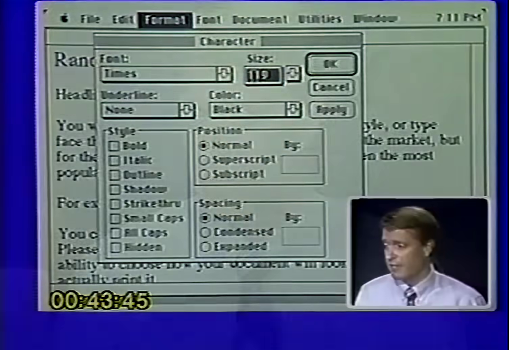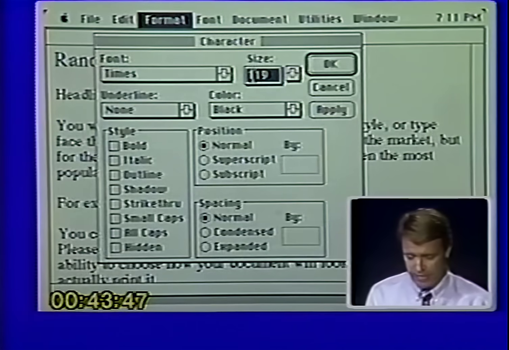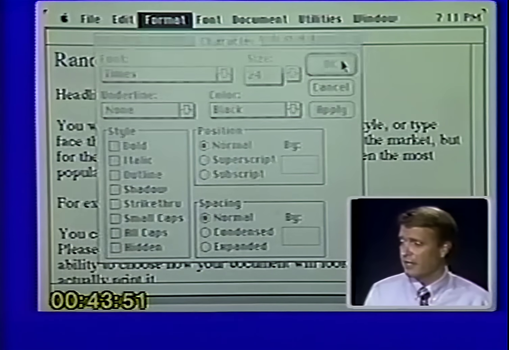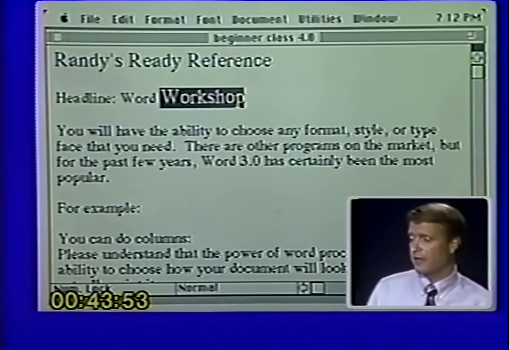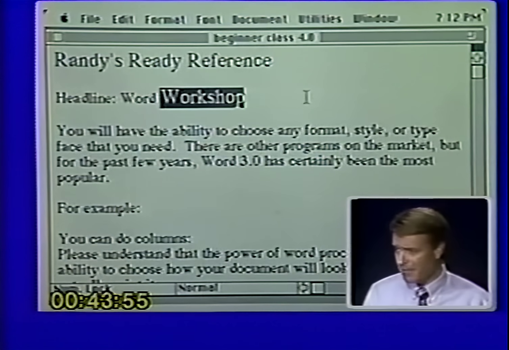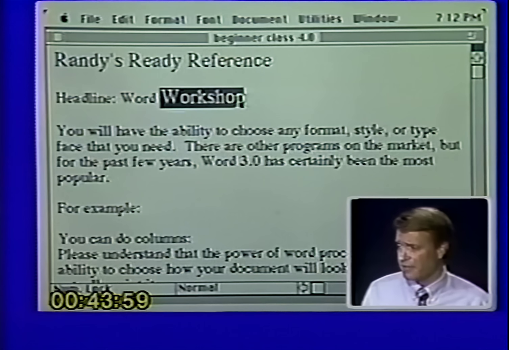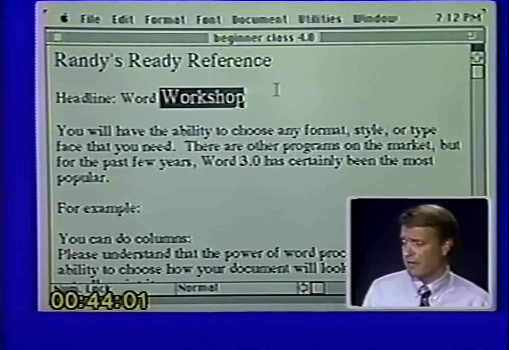So if you want larger sizes, just think about it. Find one of the installed sizes that's outlined, double it, triple it, quadruple it, and it'll always look as good as the smaller size. Okay, we don't want to keep with 119 points, so let's go back to 24 point and say OK. And now when we go back to our document, there we are at 24 point. Okay, so that is how you change the sizes and the styles and the fonts in Microsoft Word.